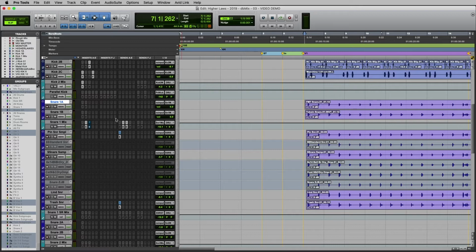So the snares, same sort of idea, where when you layer the snares on top of each other, you can hear these ones down here have more of a tail that follows through with it, whereas the top one is tighter,